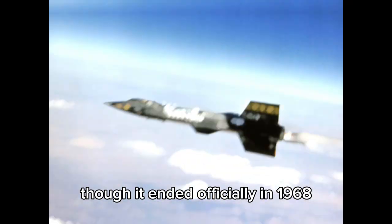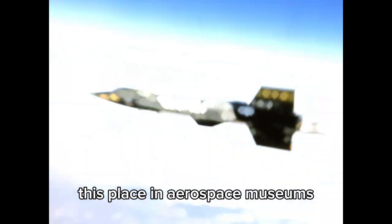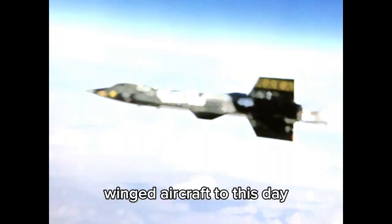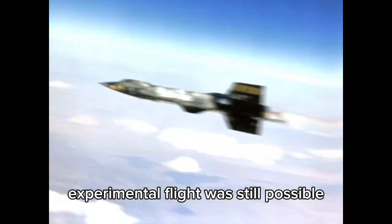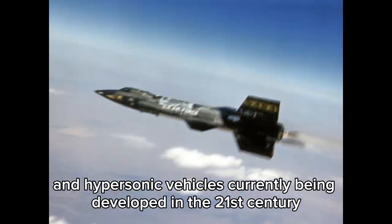Though it ended officially in 1968, the legacy of the X-15 has lived on through its influence on subsequent programs, its place in aerospace museums, and the fact that many of its speed and altitude records remain unmatched by manned winged aircraft to this day, making it not only a symbol of an era when bold experimental flight was still possible but also a key stepping stone toward the modern age of reusable spacecraft and hypersonic vehicles currently being developed